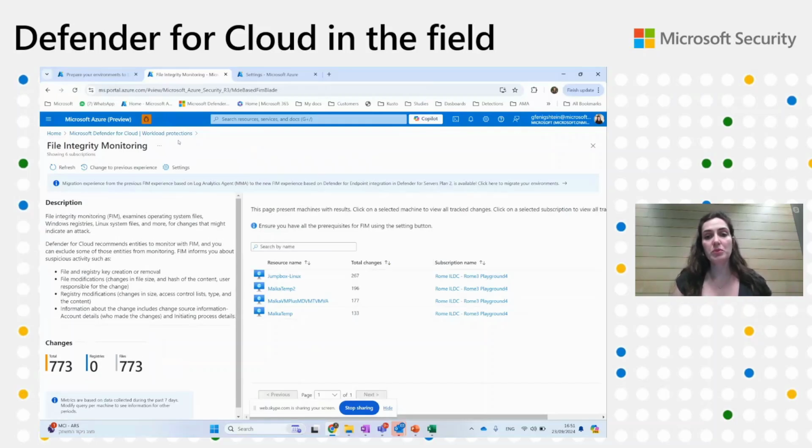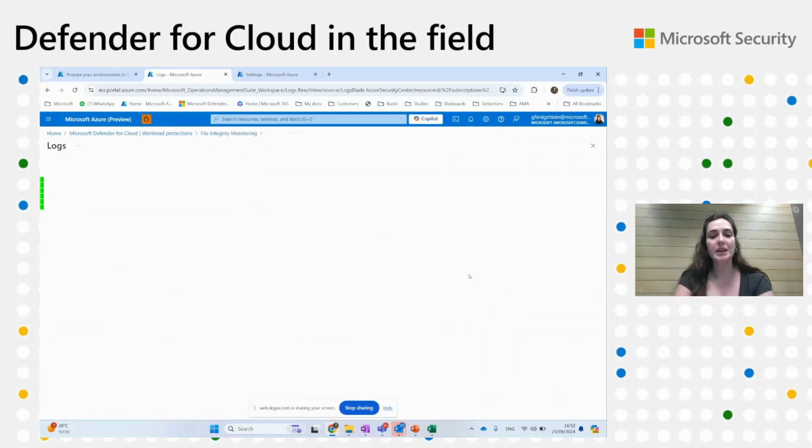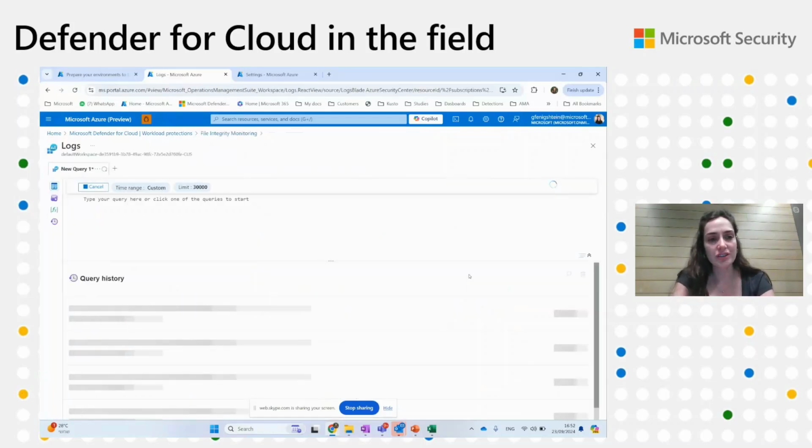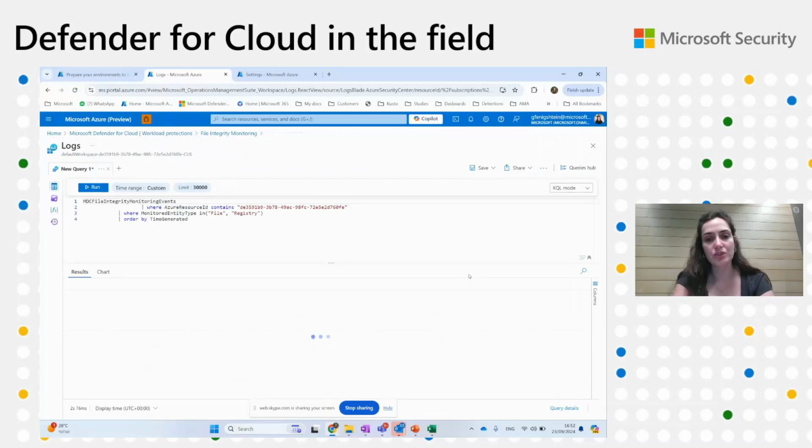So I go to the FIM new experience through our workload protection blade and click on FIM. In here you can see an aggregated view of all the changes that happened in all the selected environments. Here I have 6 subscriptions, and you can also see the resources that the changes occurred at. By clicking on a subscription, you will be able to see all the changes that occurred within this subscription,